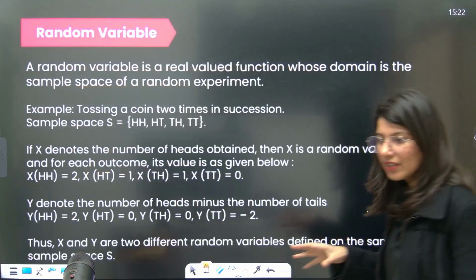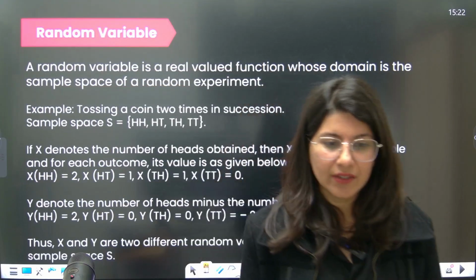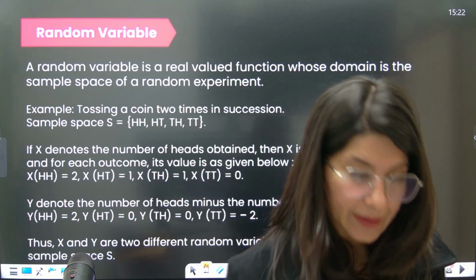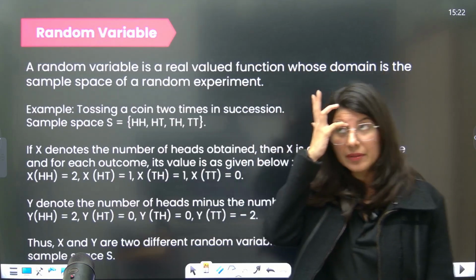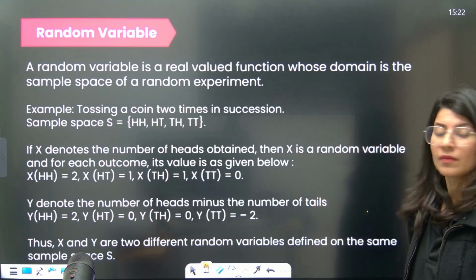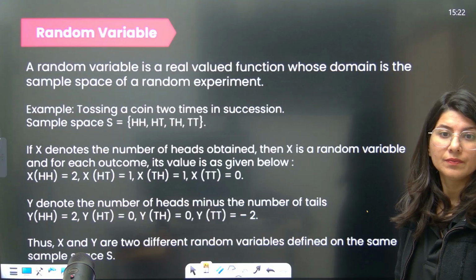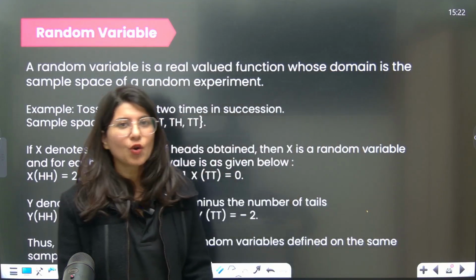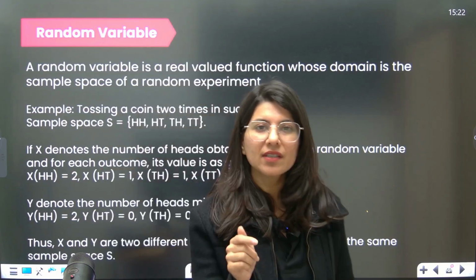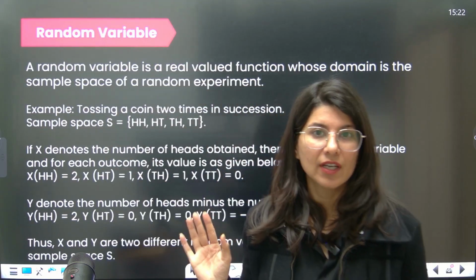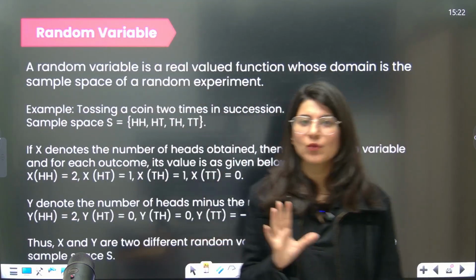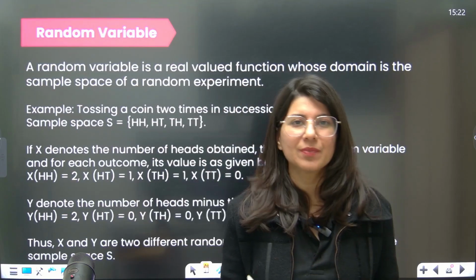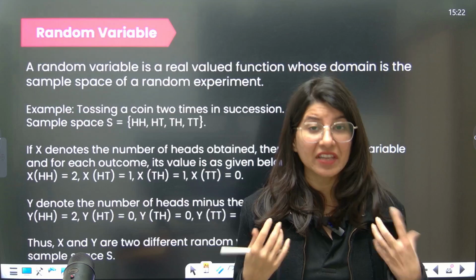Now random variable, let me be very clear about random variable over here. Understand that sometimes they do not give a question, but in the sample paper, a 3 mark question was there. So that is why I am going to teach random variable. Random variable you may understand very simply. Sometimes students make it very complicated.